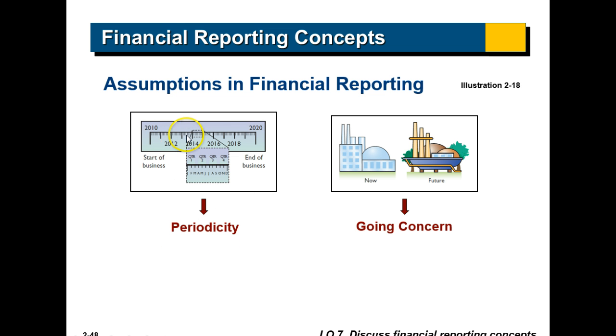Periodicity means we do it within a period of time, within a month or a week or a year. We don't do it for 5 years in a row. We have a time frame, a beginning period we're reporting on and an ending period we're reporting on. And the most important piece here is that